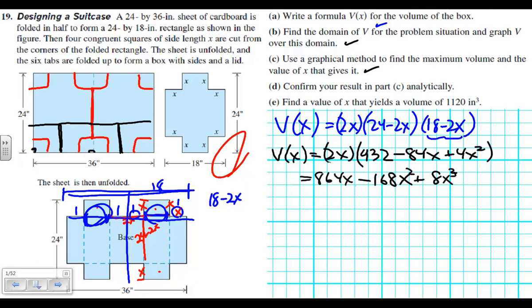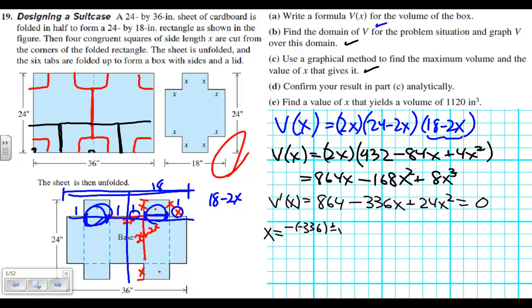All right. So from here, let's find out what the derivative of this is. 864 minus 336x plus 24x squared. Now, from here, we notice that it's a quadratic, and we could use the quadratic formula. So if we set this equal to 0, we end up with negative